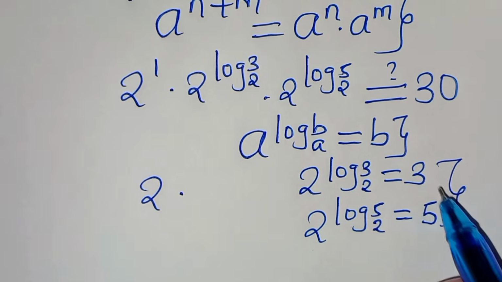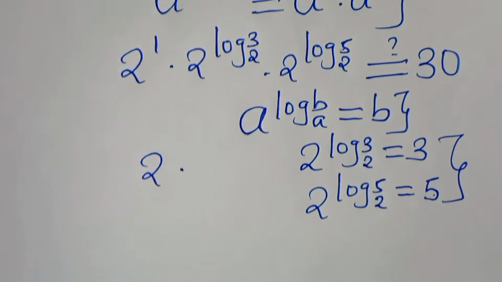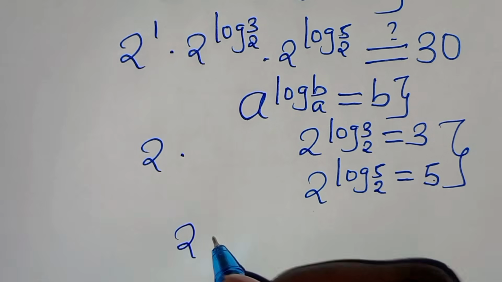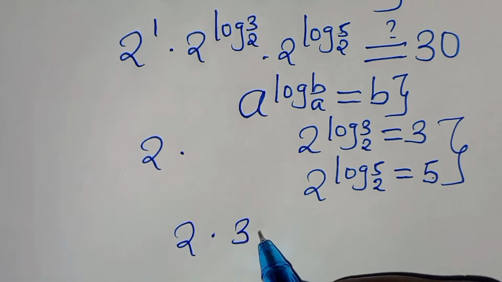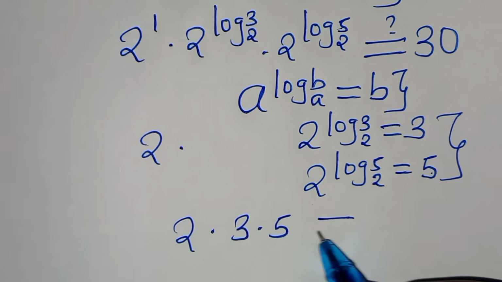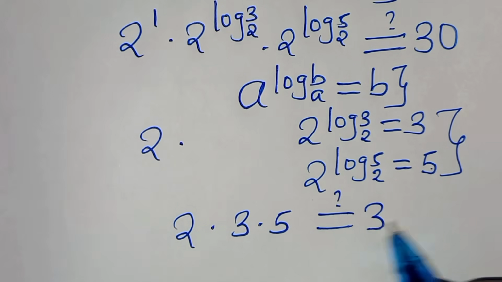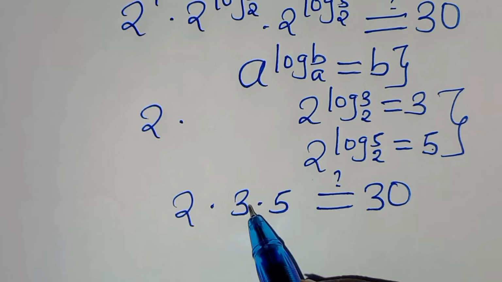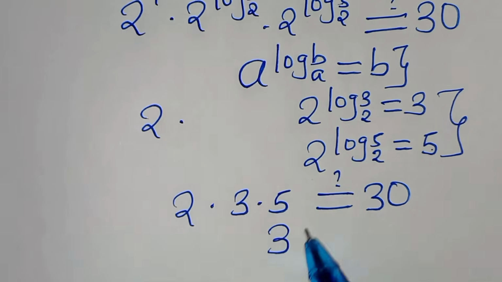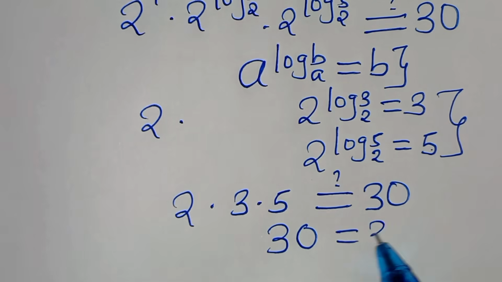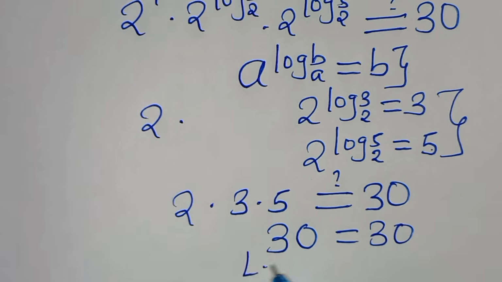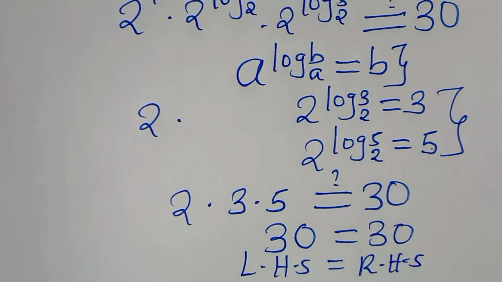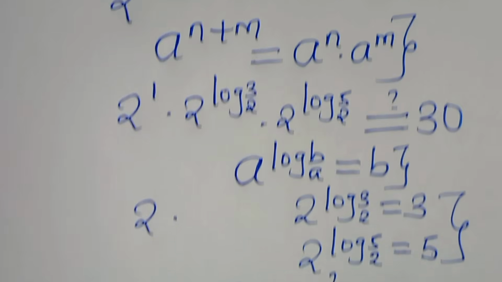So now let's substitute 3 and 5 so that we have 2 times 3 times 5. So 3 times 2 is 6, times 5 is equal to 30, which is equal to 30. So this implies that the left hand side is equal to the right hand side. And this proves that the value of